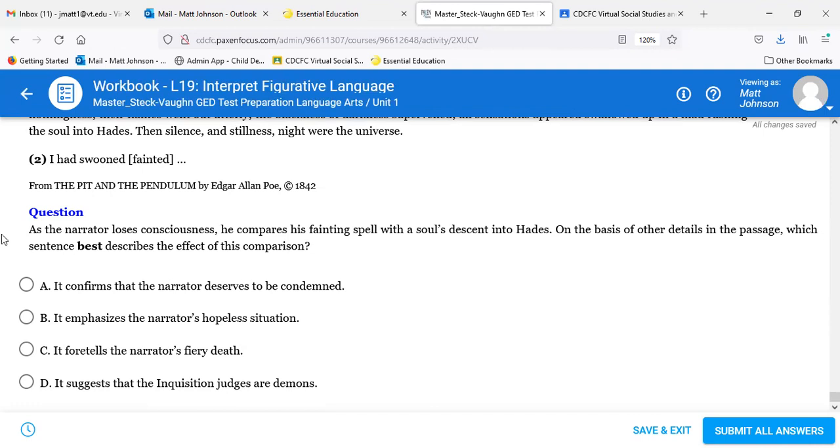On the basis of other details in the passage, which sentence best describes the effect of his comparison? A, it confirms that the narrator deserved to be condemned. B, it emphasizes the narrator's hopeless situation. C, it foretells the narrator's fiery death. D, it suggests that the